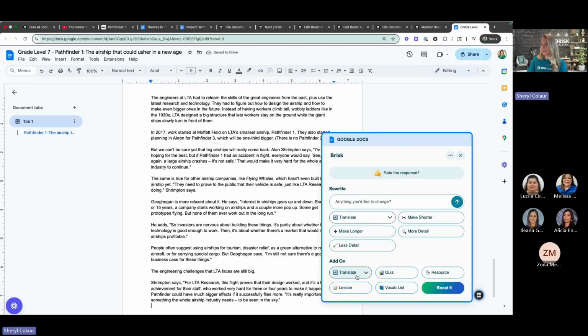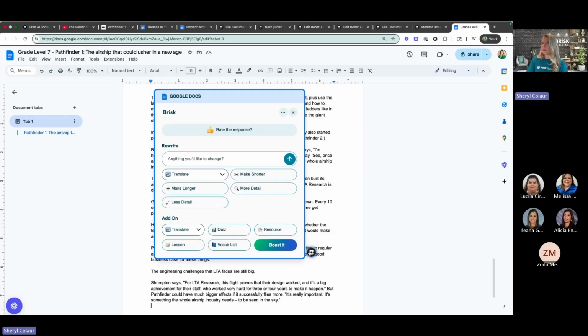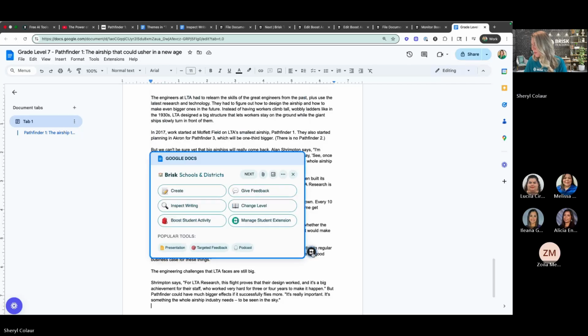Now, do I want to translate it? Do I want a lesson to go with it? Do I want a vocabulary list to go along with it? Because this particular article is about airships and aeronautics. So students might not have that vocabulary in their wheelhouse, and we might want to create that as well. So some different suggestions that are right there at your fingertips. What I'm going to do is close this down, bring it back, and actually go to